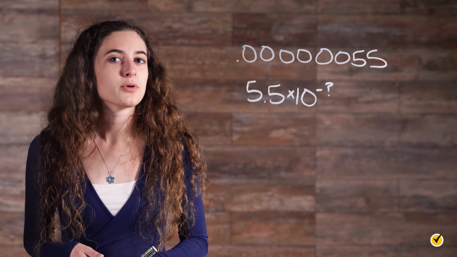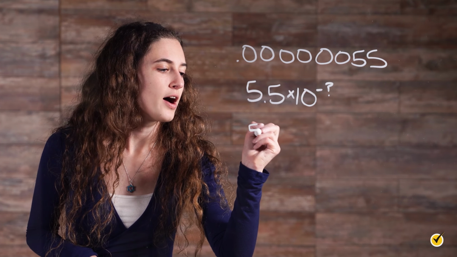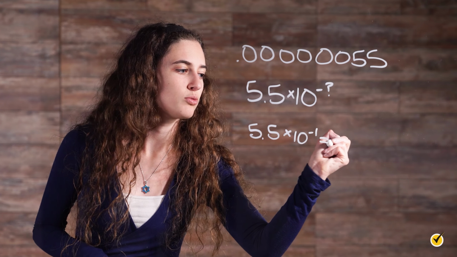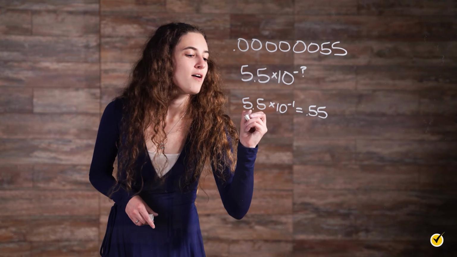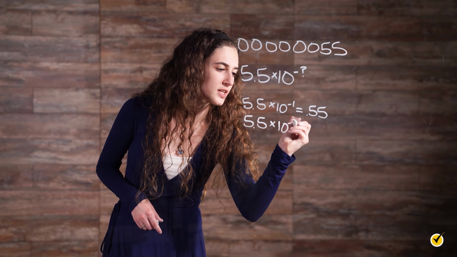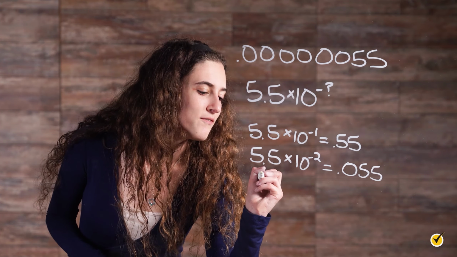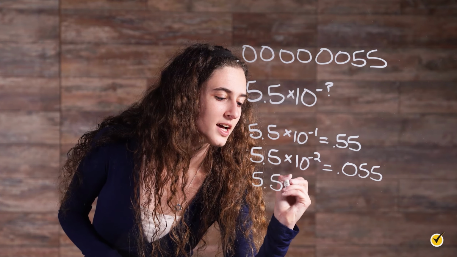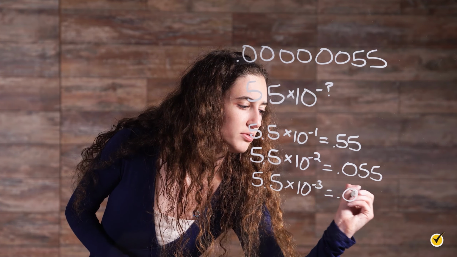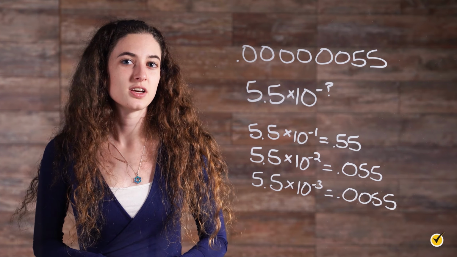Now, we count the number of times our decimal is divided by 10. 5.5 times 10 to the negative 1 is equal to 0.55. 5.5 times 10 to the negative second power is equal to 0.055. 5.5 times 10 to the negative third power is equal to 0.0055, and so on until we reach